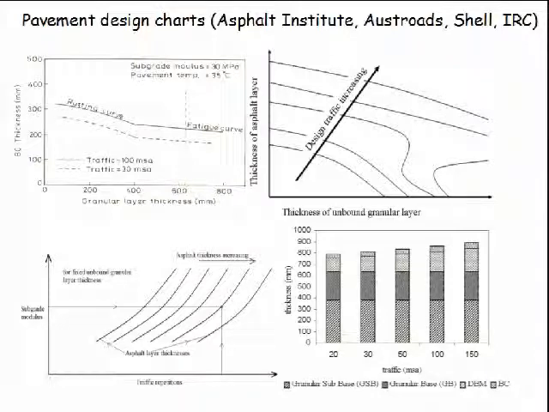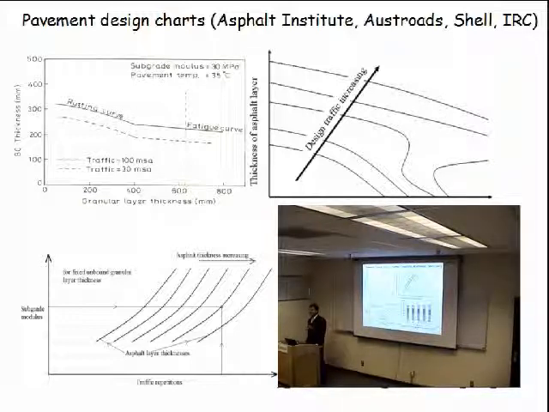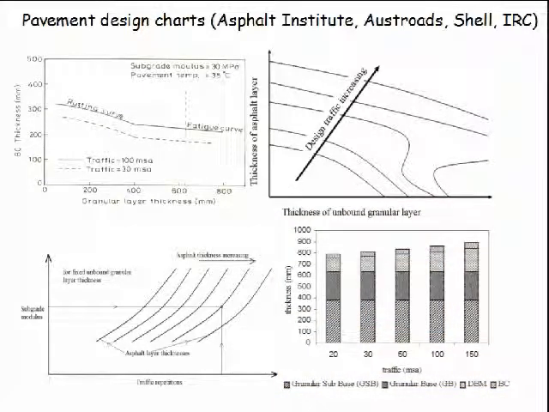Once again, I'm not going to discuss them in detail because the parameters are like H1, which is the thickness of the bituminous layer, and H2, the thickness of the granular layer. And you can have multiple combinations. Since you have many parameters, thickness of the bituminous layer, thickness of the granular layer, then the traffic, and then the modulus of the individual layers, you may choose to plot different things with different combinations. For example, the Asphalt Institute chart plots the subgrade modulus versus the traffic repetitions. That's the reason this curve looks different than the other curves.